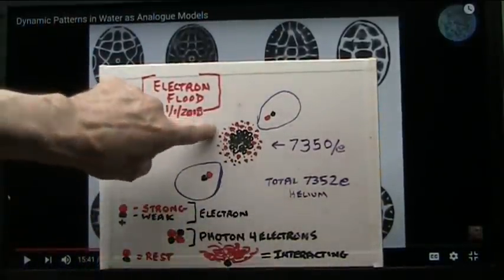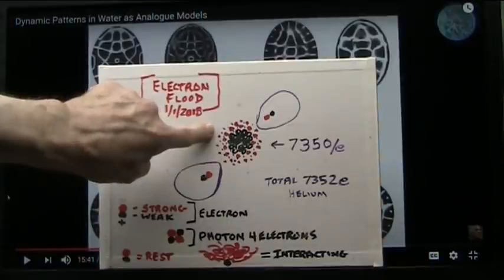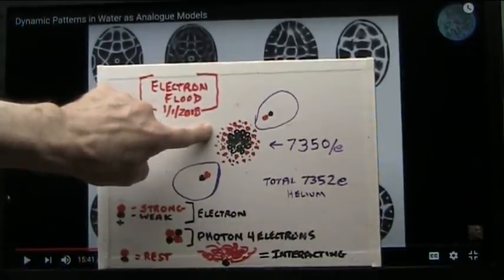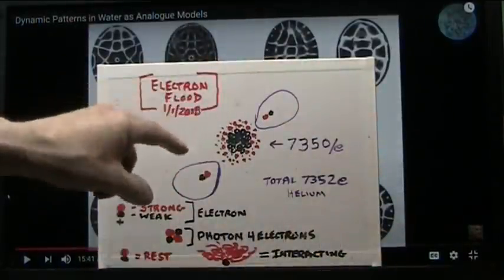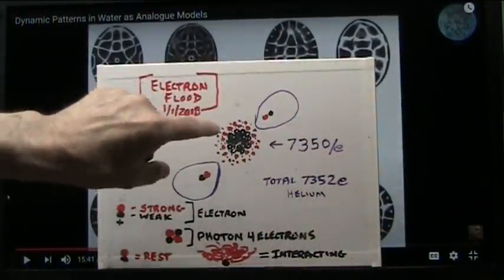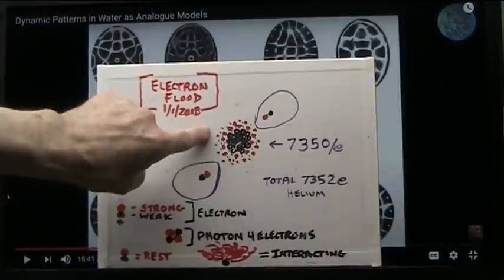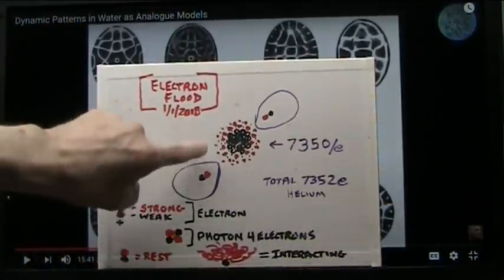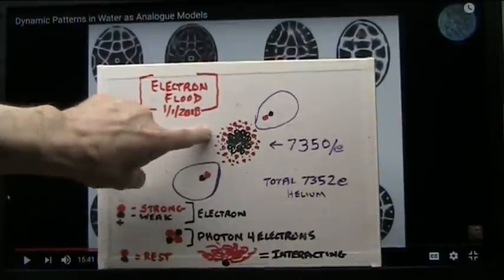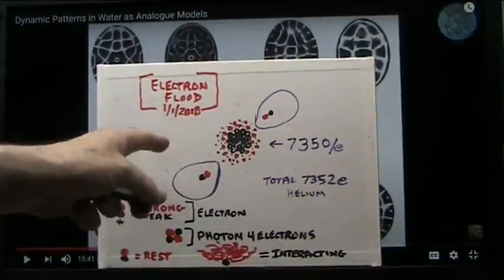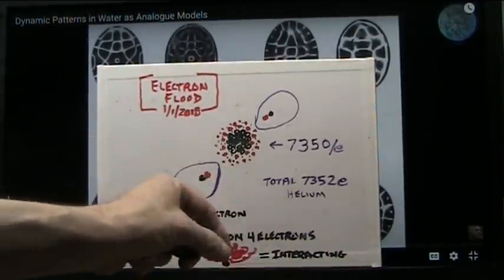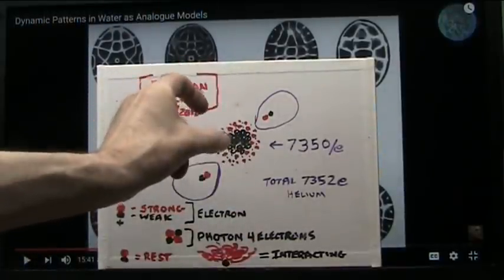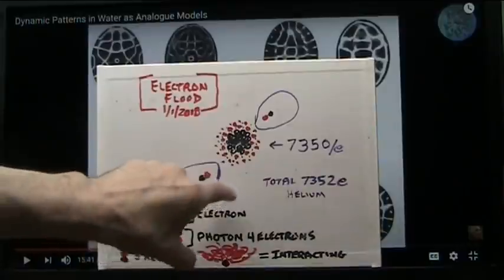And the nucleus, the center core, which has always been thought to be positive only, with some neutrons in there which are neutral, is not anything like that. It is just a compilation of a bazillion electrons, even in the smallest particles there are. Helium is a pretty small atom. It only has what they thought was 2 protons and 2 neutrons. Well, it really has